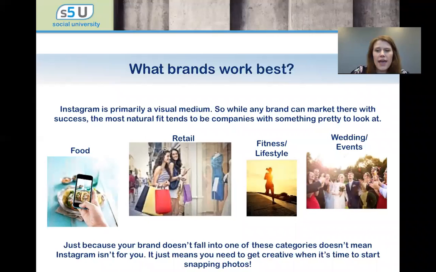You still totally can. It just means you have to be a little more creative about what you're going to take photos of and what you're going to share, right? If you're something like an insurance agent, you don't really necessarily have photos of your product to sell that you can post on Instagram. So you're going to have to be a little more creative and think about, okay, is there a way I can show the personality of the folks here at our office or highlight our customers or things like that. So, you can try and use those options instead of posting about your product.